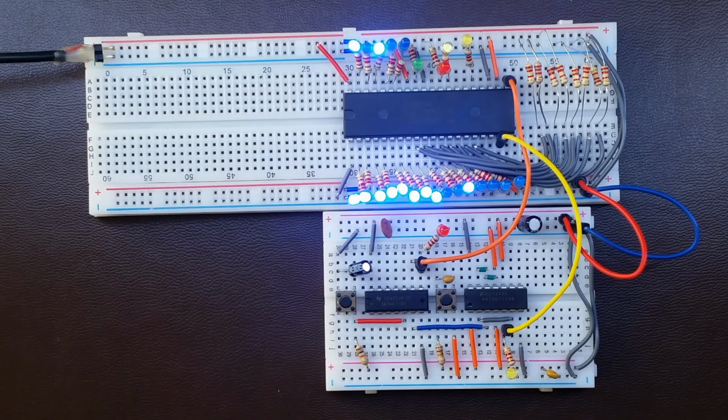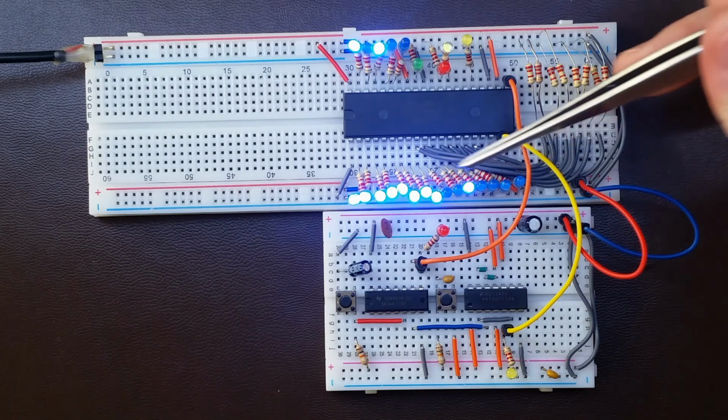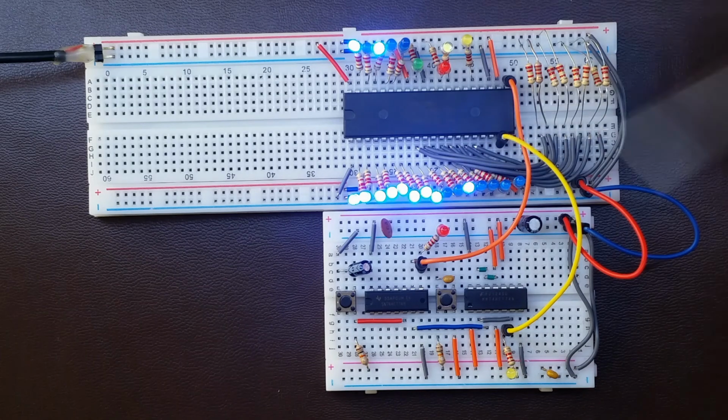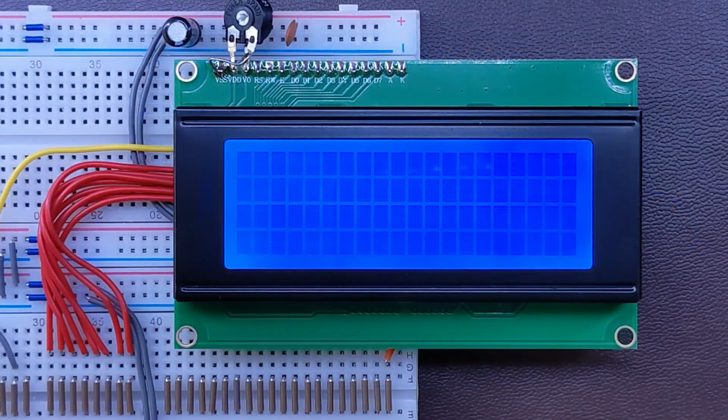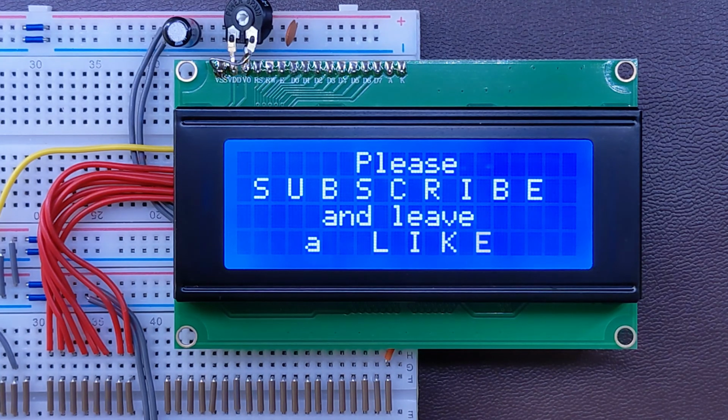In the previous video, I promised you to remove all of the LEDs from our breadboards and change the way we look at our CPU's work. As you might have guessed, we're going to use the new LCD for that. But because this video has got quite long, we will do this next time.